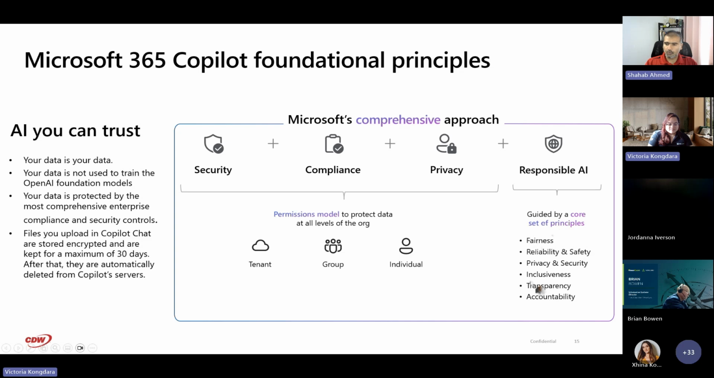So that's the core set of principles that Microsoft uses to govern any of those responses. Things like fairness, reliability, inclusiveness, transparency, and accountability. So for example, accountability is I should always be able to track where that response came from, who was responsible for it. The security piece, the compliance piece, the privacy piece,